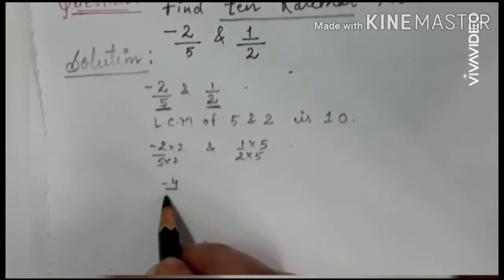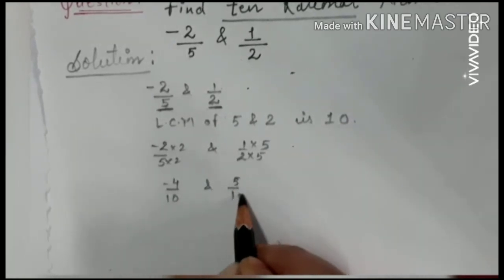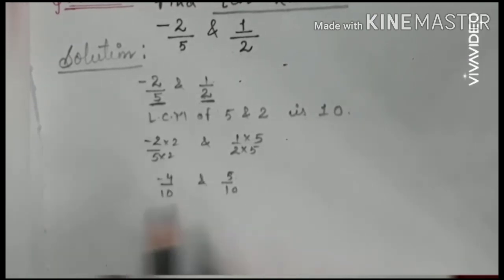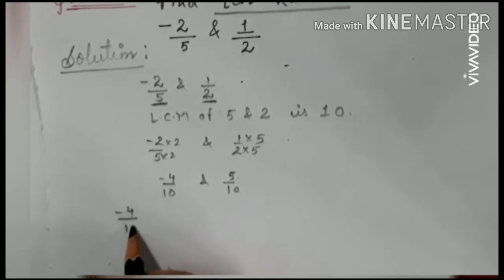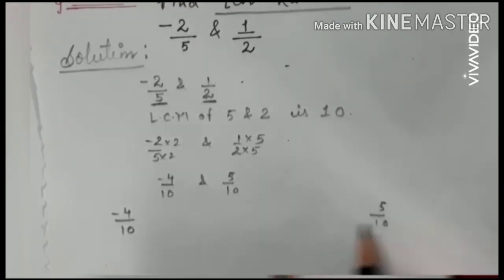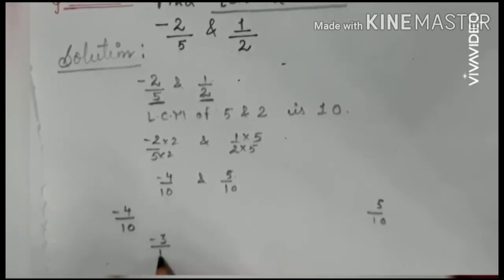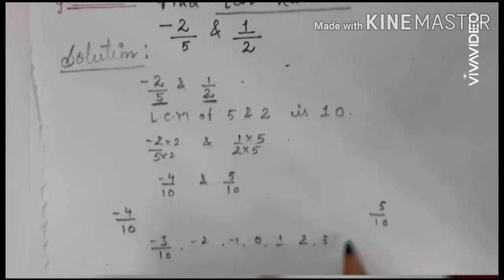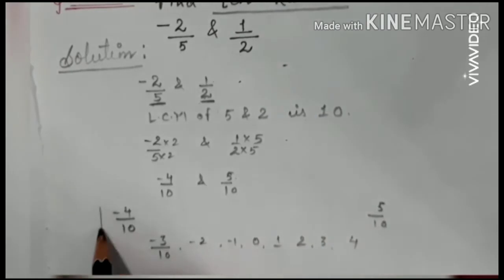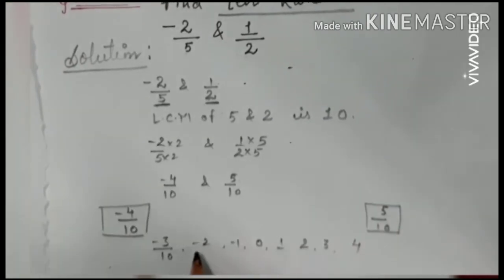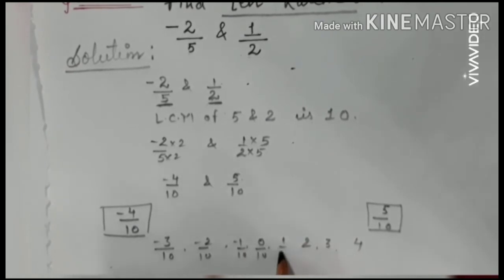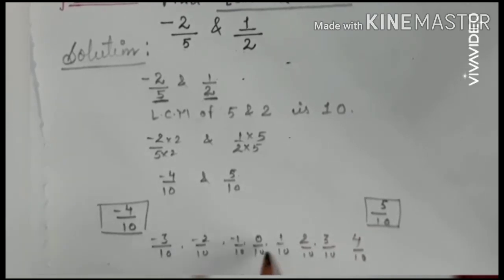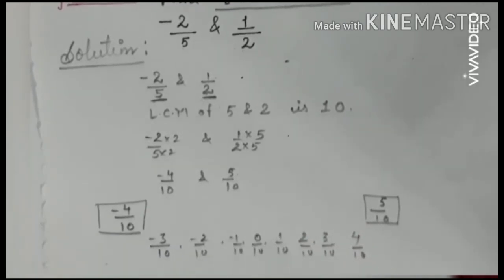So it becomes minus 4 upon 10 and here it is 5 upon 10. Now, between minus 4 upon 10 and 5 upon 10, how many rational numbers are there? You will say minus 3, minus 2, minus 1, 0, 1, 2, 3, 4, and then comes 5. The denominator will be 10 for these rational numbers. There are 1, 2, 3, 4, 5, 6, 7, 8, only 8,